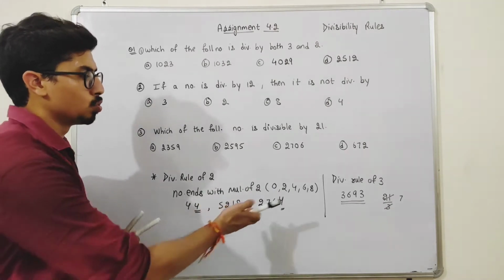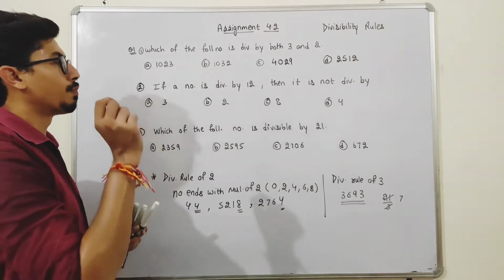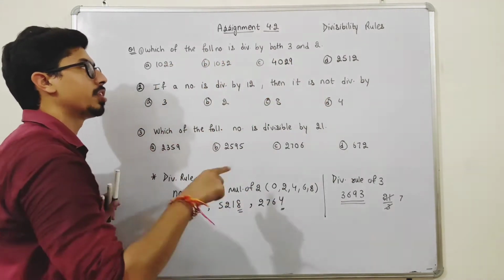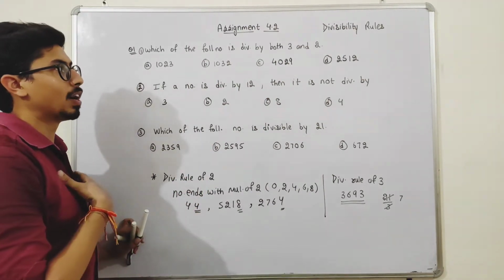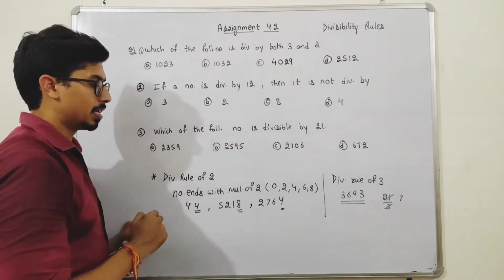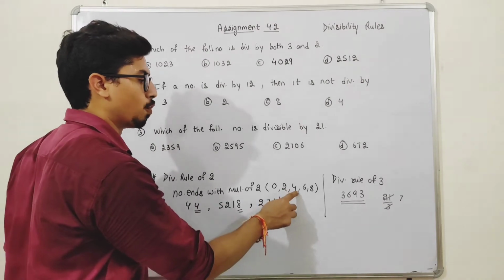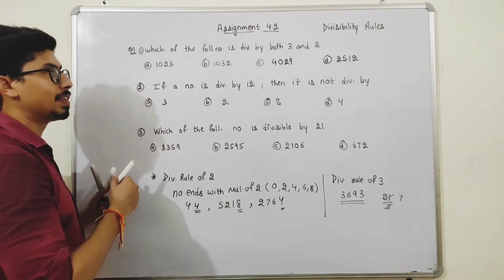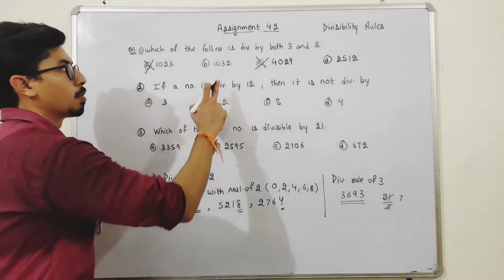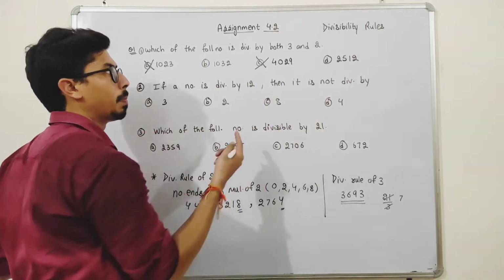Okay. Now just use these two divisibility rules in the first part, students. So the first question, first part. Which of the following numbers is divisible by both 3 and 2? We have to find a number which is divisible by both 3 and 2. See, first of all, the divisibility rule of 2. The number should end with 0, 2, 4, 6, 8. This number does not end with these digits, so this can't be the number and this can't be the number. Because this ends with 2 and this ends with 2, both the numbers are divisible by 2.